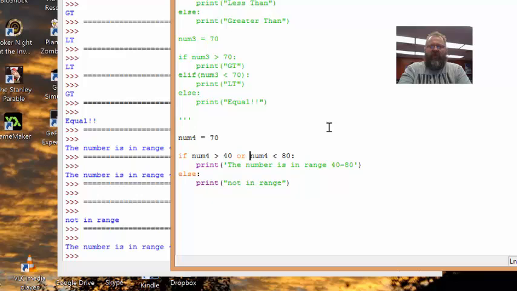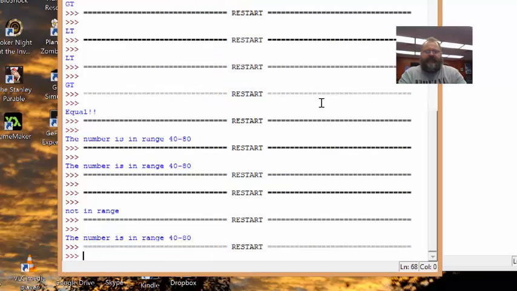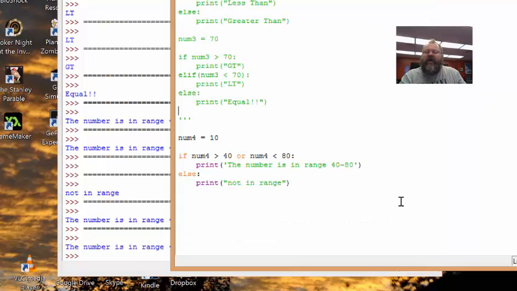We can also use an or. Okay, so if num is greater than 40 or num is greater than 80. So we've sort of got a problem here, because think about it. What if I did 10? What's going to happen? Number is in range. Why? Because it's an either-or situation. Is it greater than 40? No. But is it less than 80? Yeah, it's less than 80,